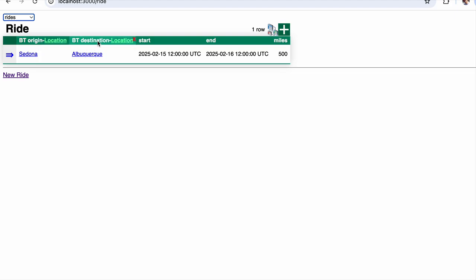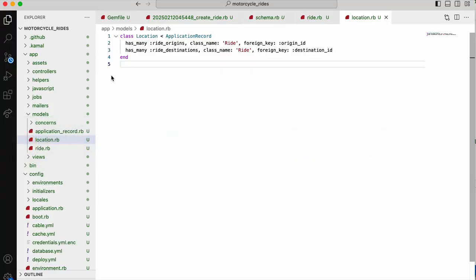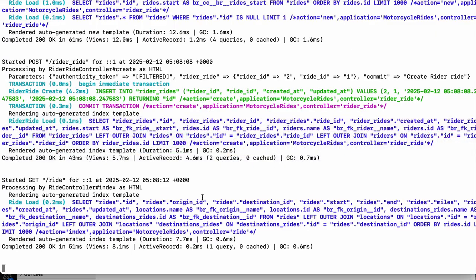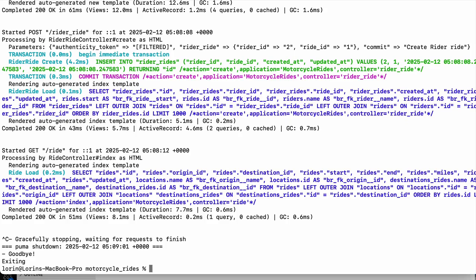If you think about it, from here, if we can figure out what the origin name and the destination name are, you'd have that as being like Sedona to Albuquerque. So let's go fix this up in code here. What we want to do is build out an initializer that would tell us how Brick would be able to do its stuff. We don't yet have a Brick initializer. There's other initializers only. So let's quit this Rails S for just a moment and do a bin Rails G